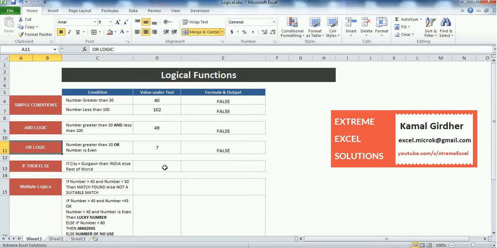The next type of logical functions may be in the form of an if-then-else condition. Let's say we do not want the output in the form of true or false, we want a specific output. For example, if this value is equal to Gurgaon, only in that case return me the output as India, otherwise return me rest of world. Now I do not want true or false as output. So in that case,